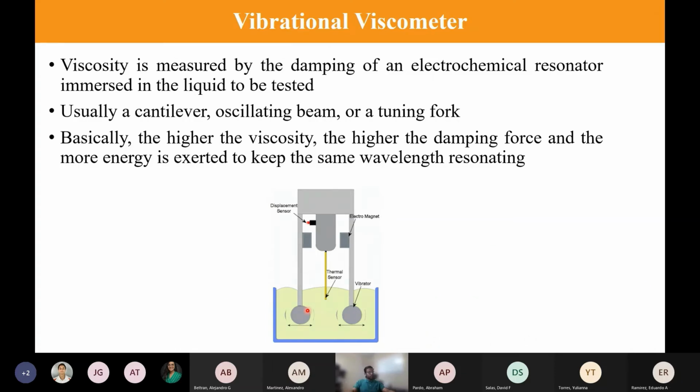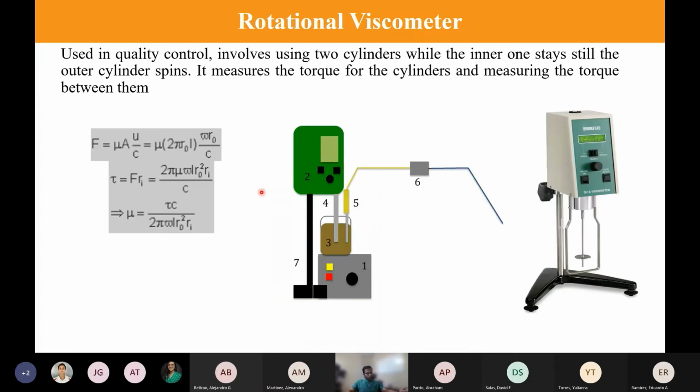Right? Pretty straightforward equation. So that's also a very popular method of measuring viscosity. But the one that we're going to use is the rotational viscometer. It's very accurate, and